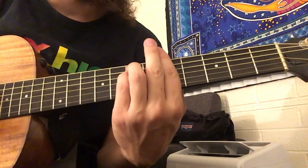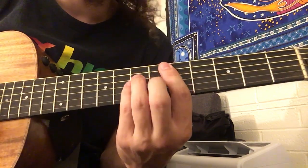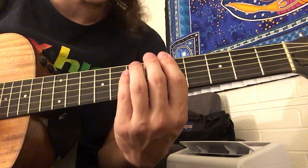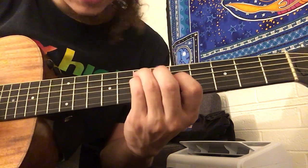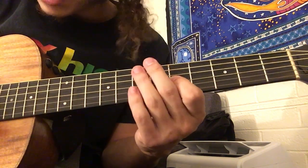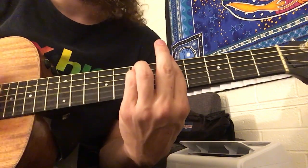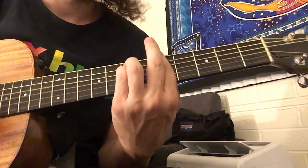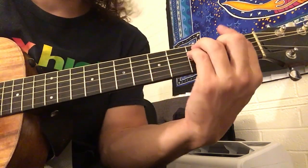And then an A minor bar chord. So basically, now you're going to include this fat E string. 5 on the fat E, 7 on the A, 7 on the D, 5 on the G, 5 on the B, 5 on the high E. So far, the whole thing we got is